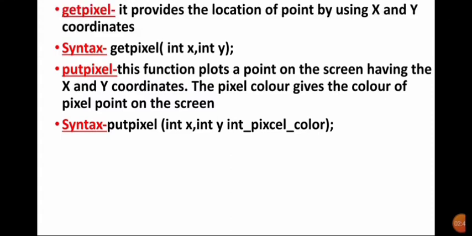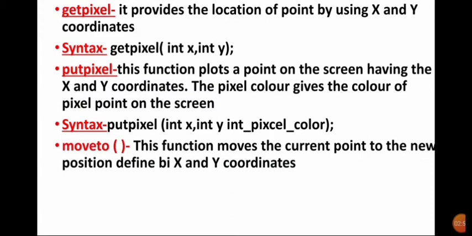Now let us move towards the next function. Just remember one thing here. In C language, the statements can be written using English-like words, so you get the meaning from the syntax itself. For example, getpixel: here you get the location of the pixel. Putpixel, P-U-T, put: putpixel means you can put the pixel on your screen, that means you can plot the pixel.